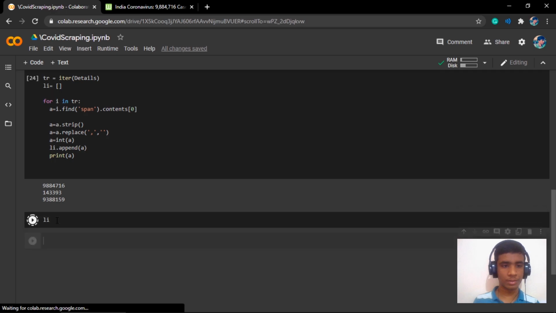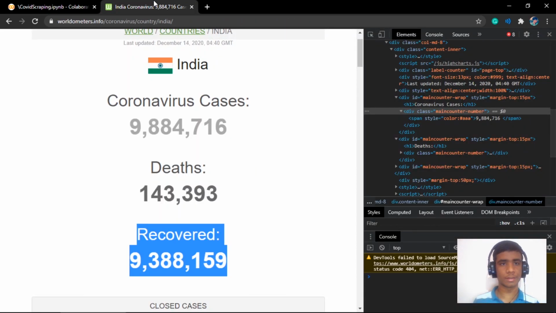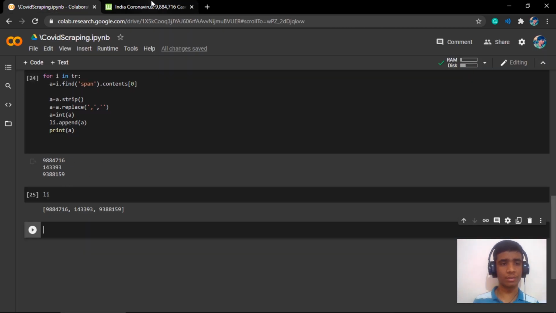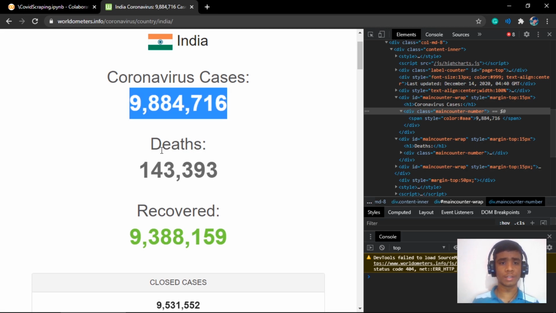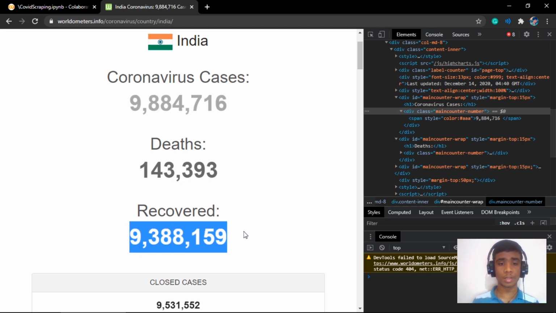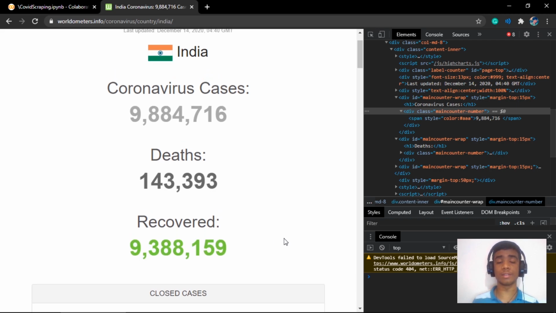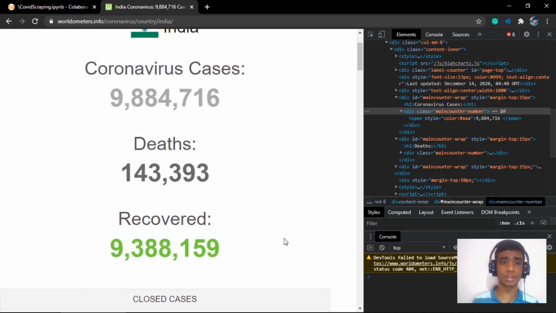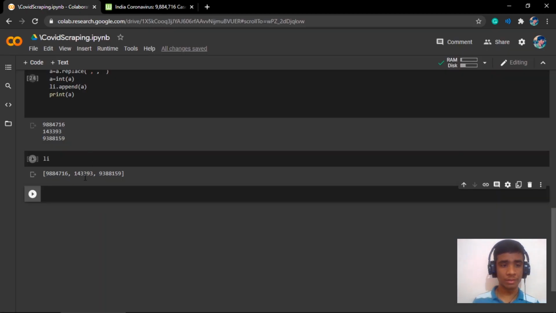So what is present in our list? Now we are able to get the data, and I can run this program multiple times. One thing you have observed in this website, right? There are total cases, there are deaths, and there are recoveries. But the thing that is missing is the number of active cases. And to be honest, active cases is the most important of all. So since we have this data, we can simply calculate that, right?